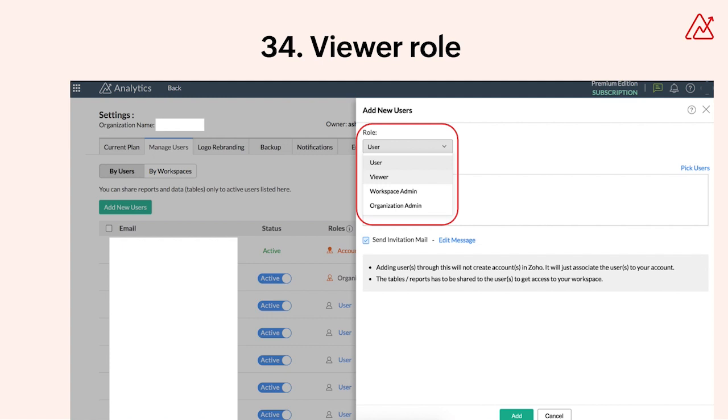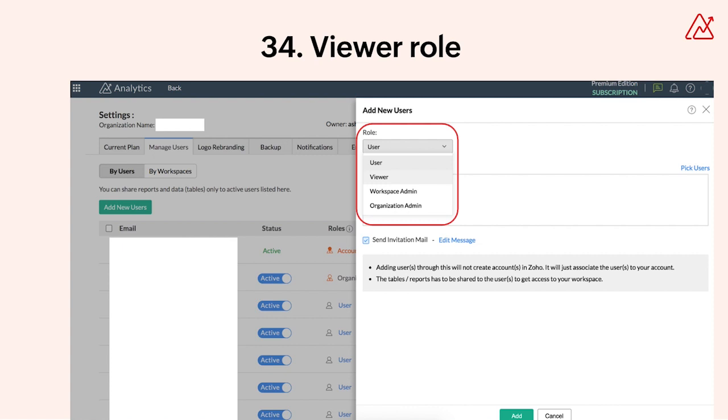There are always a few set of users who create these reports and dashboards, but when compared to that, you have a huge set of users who consume these reports and dashboards. Earlier, you had to buy a user license for those consumers. But today, we have introduced a more economic way of